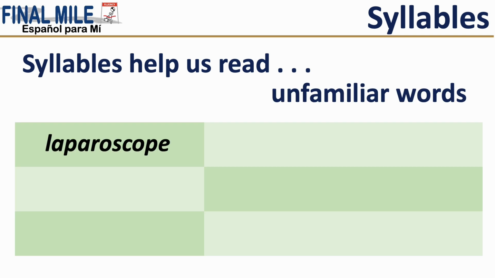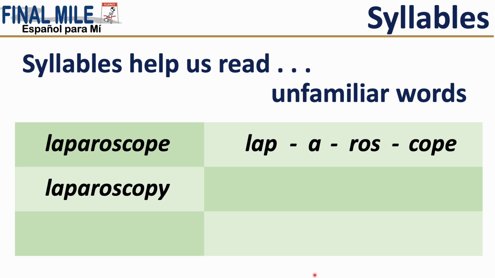Okay, syllables help us read unfamiliar words. Okay, again, let's go back to English so that we can get comfortable with this, right? Let's say that you haven't seen this word before. Many of us haven't, okay? And it's like, oh my goodness, what do I do with this? How do I pronounce it? If we break it up in syllables, then it's pretty easy. Laparoscope, laparoscope, okay? Let's take a derivative of that and see how it changes, okay? The cope part breaks up and the O in cope changes a little bit. Laparoscopy, laparoscopy. And an even scarier one,